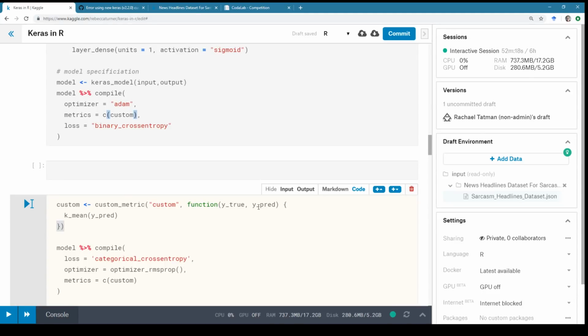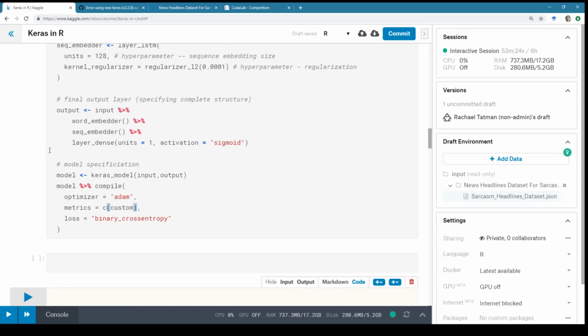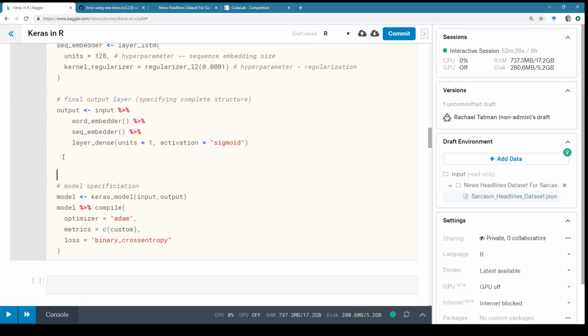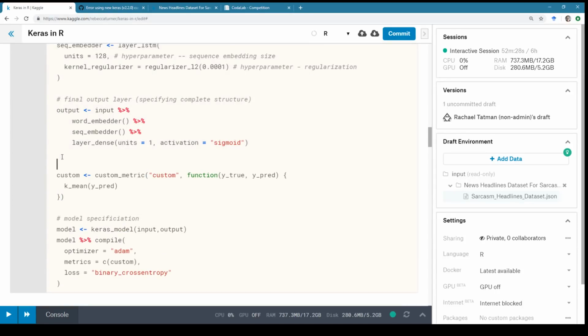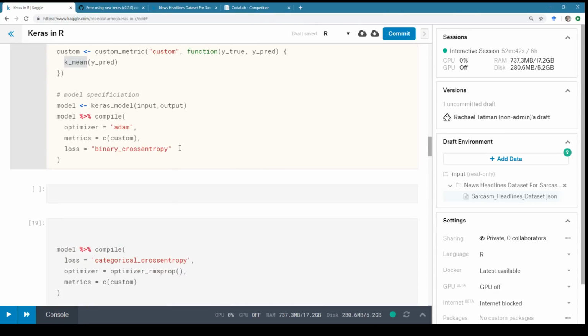All right, so we don't have to change these. I'm gonna move this up to here. Custom metric, and then they were using k-means. We're using binary.